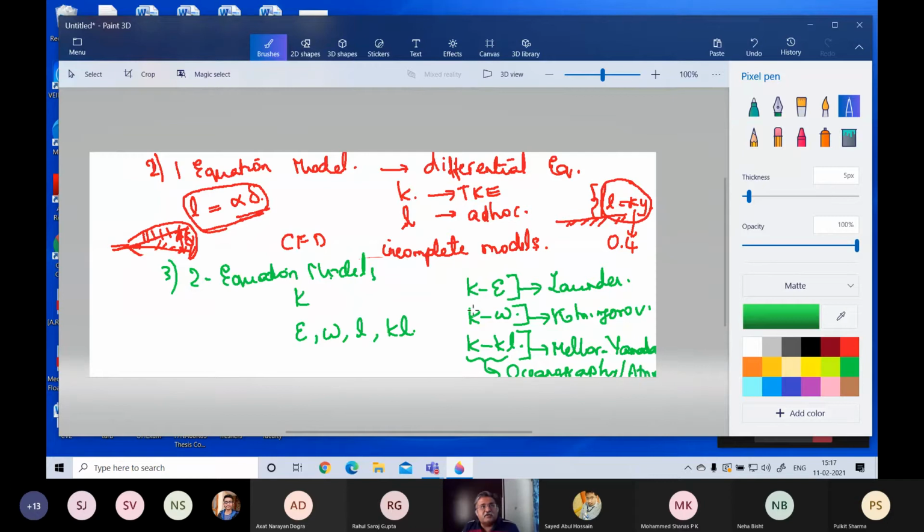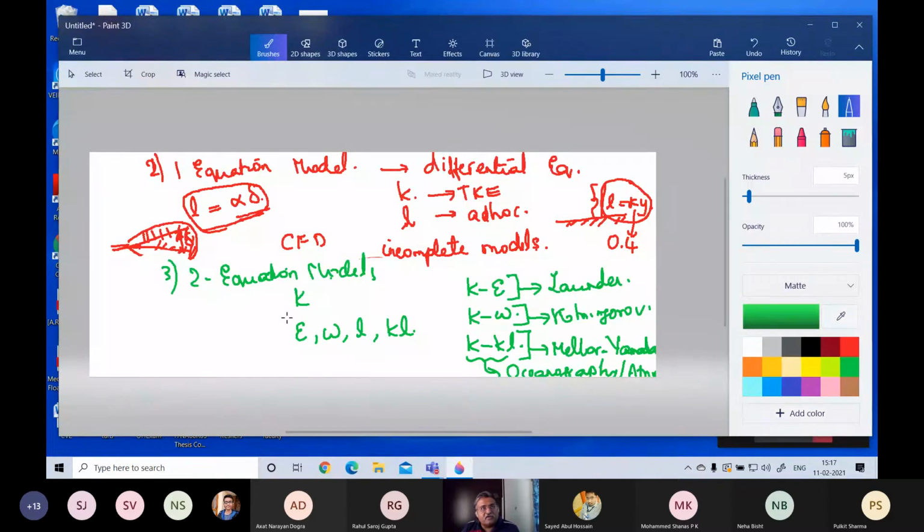The K epsilon model is fully used in mechanical engineering. The K omega model was mainly a mathematical model, applied by mathematicians; Kolmogorov was a mathematician. So all these K omega models were developed in the mathematics field. So basically these types of two equation models were developed. Once the two equation models were developed, they were much better. They don't use any ad hoc conditions.